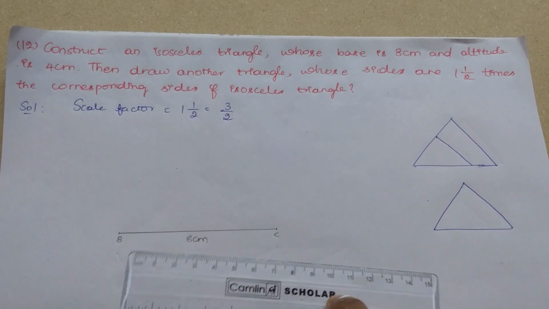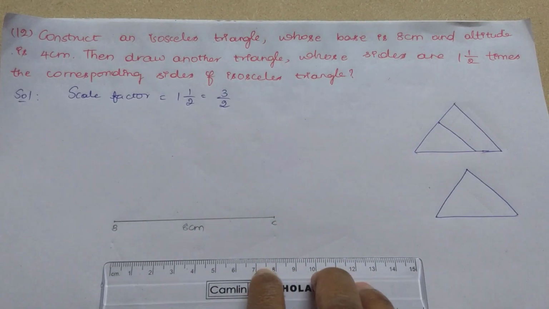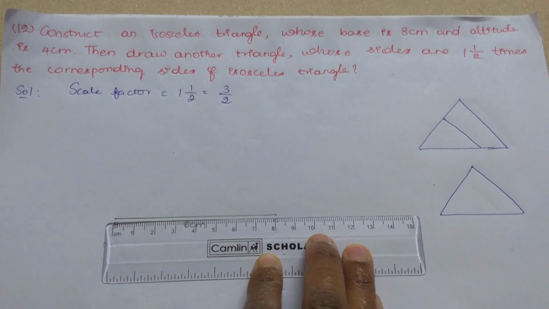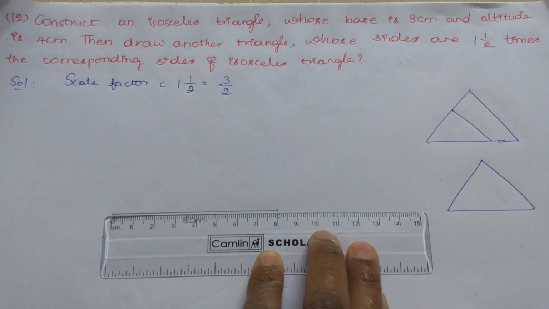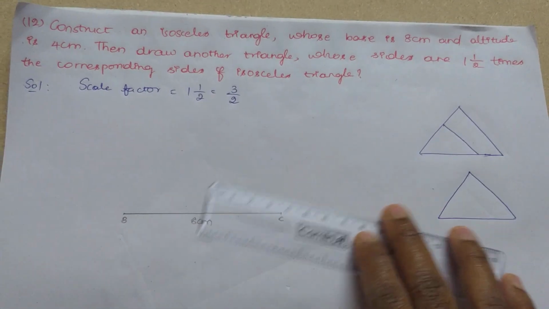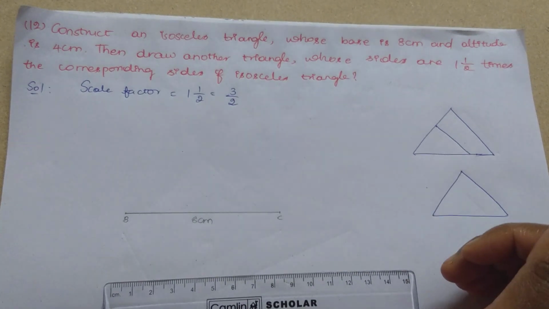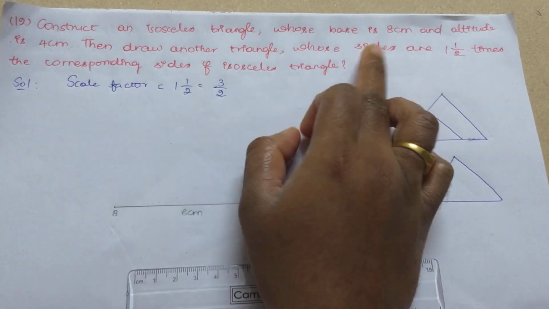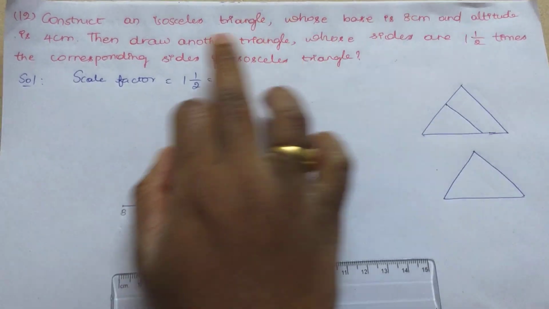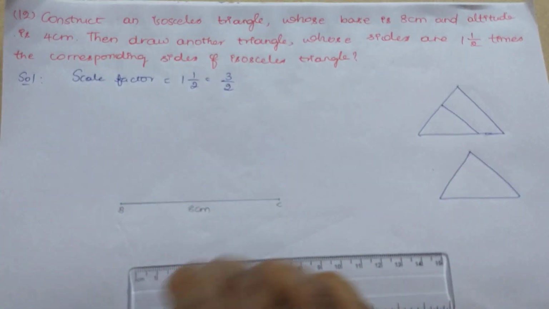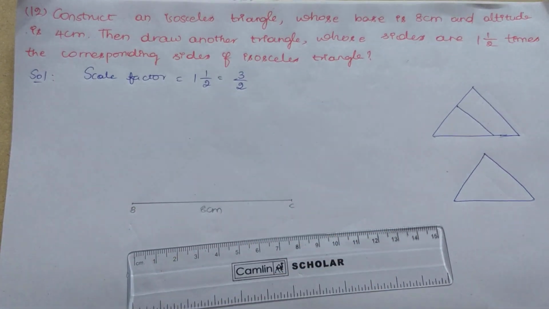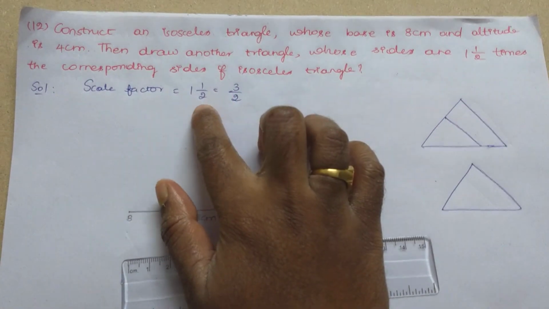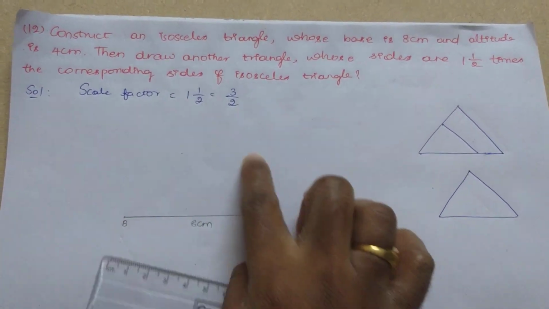Correct? So after drawing here, see here in the solution I have drawn a base of length 8 centimeters, correct, and I have named it as BC. So first we have to construct the isosceles triangle. After that, then draw another triangle whose sides are 1.5 times the corresponding sides of the isosceles triangle. So after constructing the isosceles triangle, the required triangle's corresponding sides should be 1.5 times the corresponding sides of this